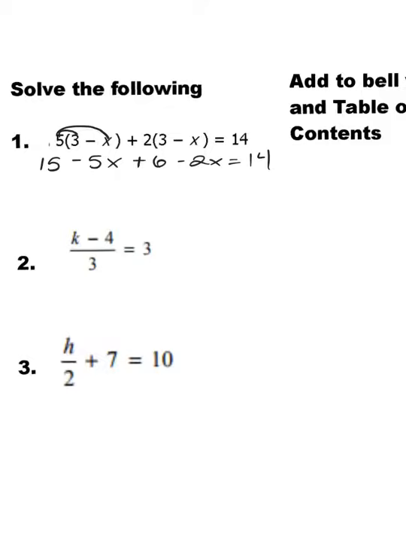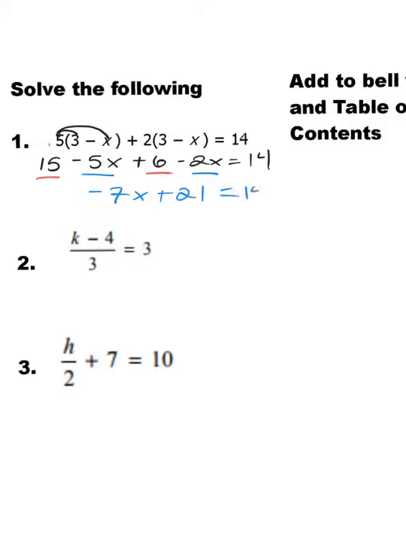distribution, combining like terms, those are all justifications. Your first question on your quiz is going to have to do with justifications. So make sure you know that. So the first justification would be distributive property. The second would be combining like terms. So when I combine this 15 and this 6, I get 21. And when I combine this -5 and this -2, I get -7. So I get -7x and then plus 21